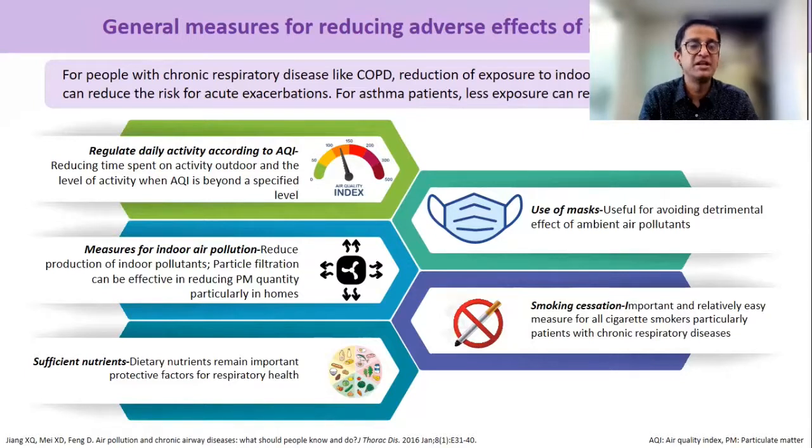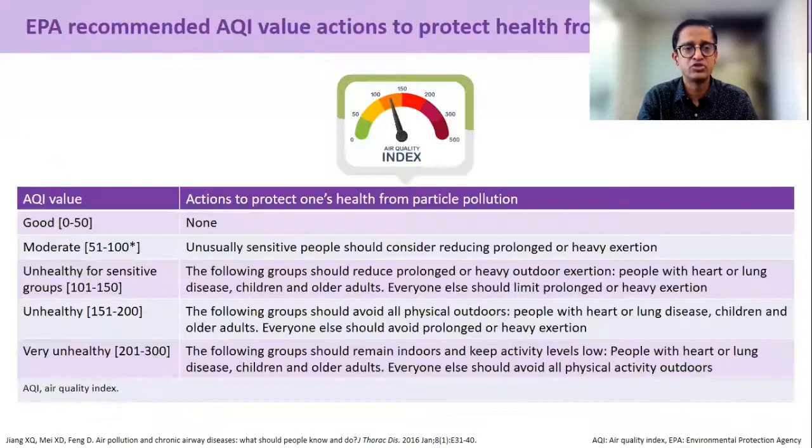For air pollution reduction, you have a contribution for sure, but it also depends on a lot of factors, political factors, governmental factors, etc. But smoking cessation is something you can do yourself to reduce lung harm. The EPA recommends air quality index value action to protect health from particle pollution. And you can see the values of AQI go from good to very unhealthy. And you can see above 200, which is the number I've kept quoting as being very, very unhealthy. So that's what we are looking at. And there's a range, and one needs to protect your health depending on the AQI value in the area where you live in.